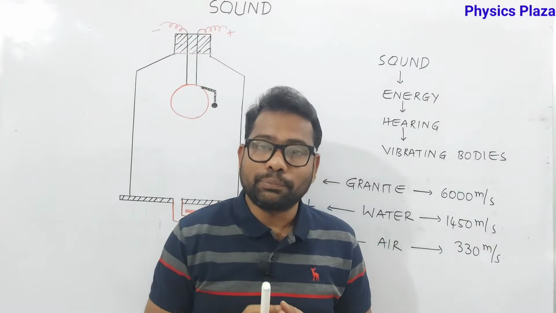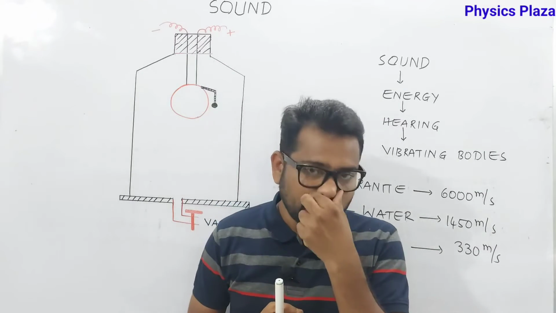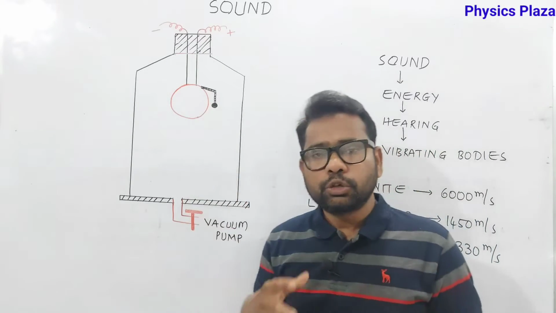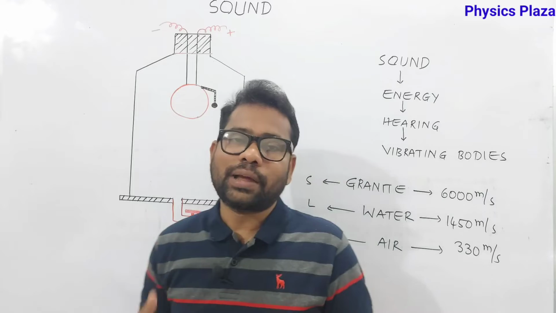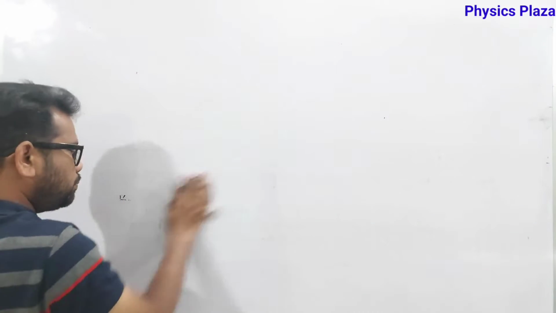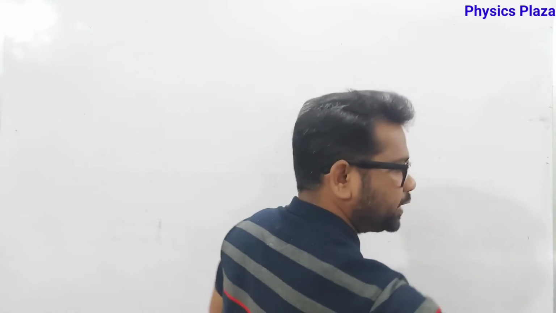Children, this is a very important experimental setup. It means practically in a laboratory. This is the best example to prove that sound cannot travel through the vacuum. Okay, fine, children. Now we discuss the propagation and how the sound is propagated.